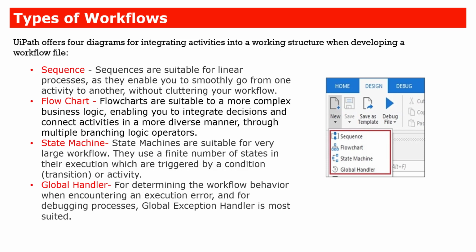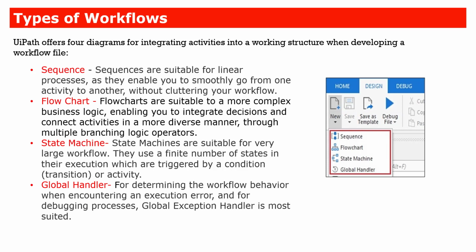Sequences are suitable for a linear process. When I say linear, that enables you to go smoothly from one activity to another without going back to the previous stage. So that's a definition of sequence. Flowcharts are suitable for more complex business logic, which requires a lot of decisions and connectivity between one activity and another activity. In general, it provides you the ability to go back to the previous step,